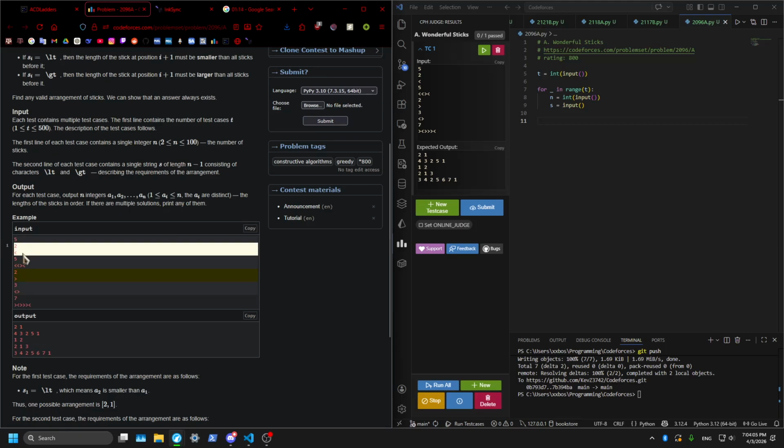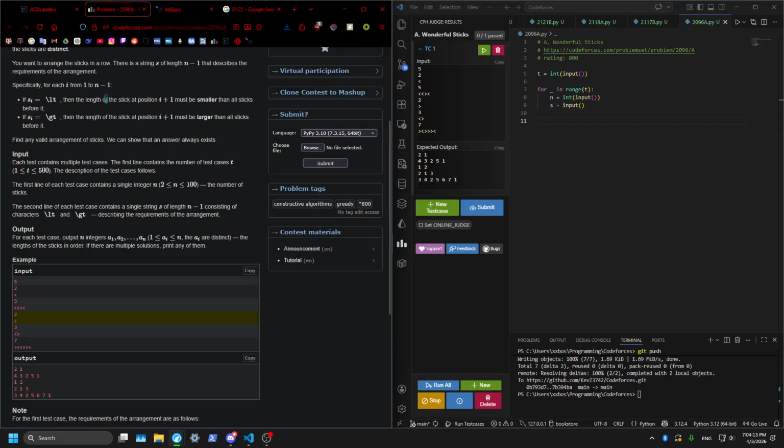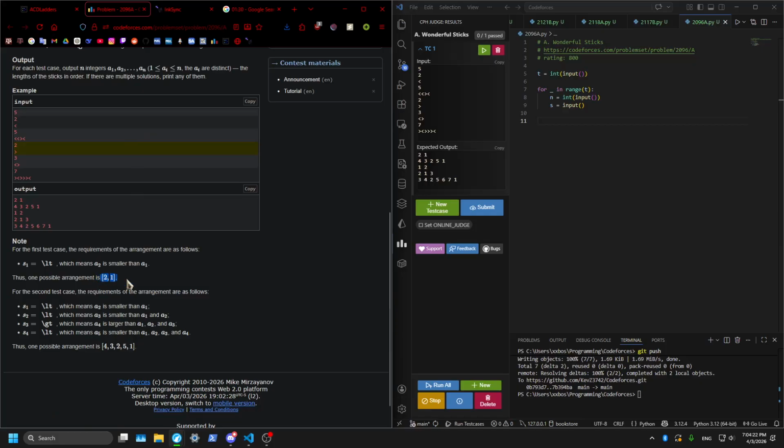So less than. The length of the stick at i plus 1 is smaller than. Okay. And then the opposite. Yes, this makes sense. Second case: smaller, smaller, greater, smaller. Yes, this is smaller than this. This is smaller than this. This is greater than everything in this, and this is smaller than everything. Okay, so